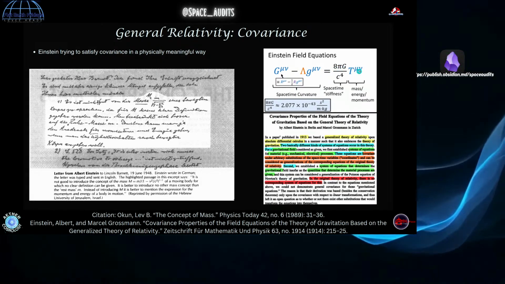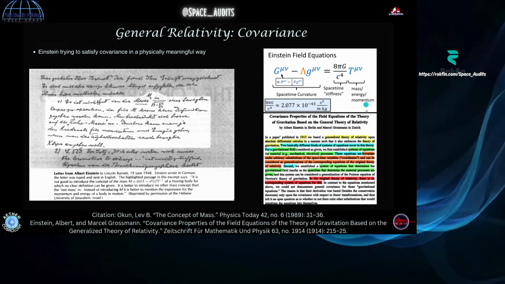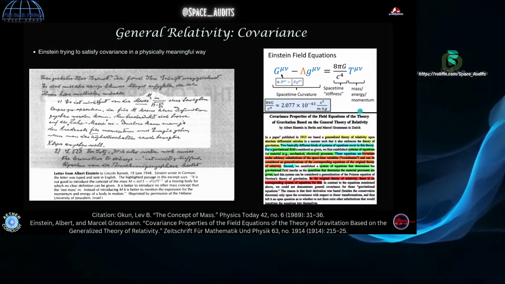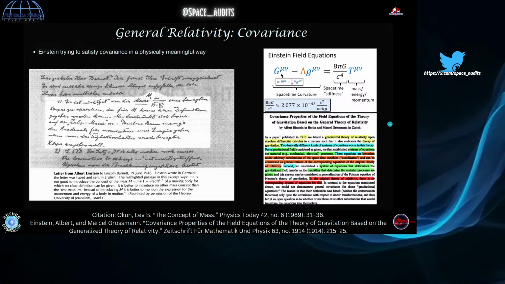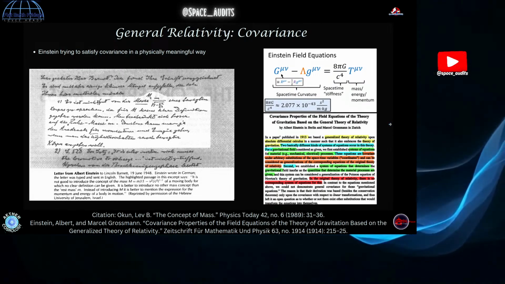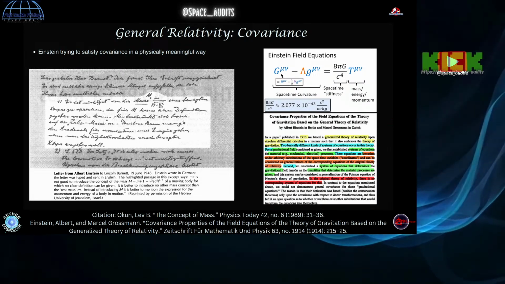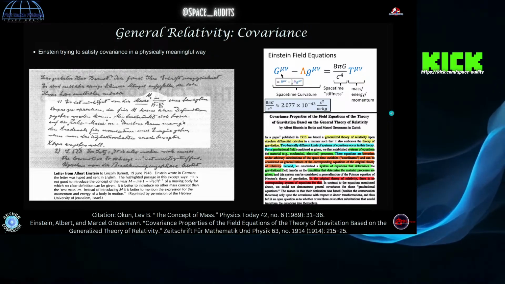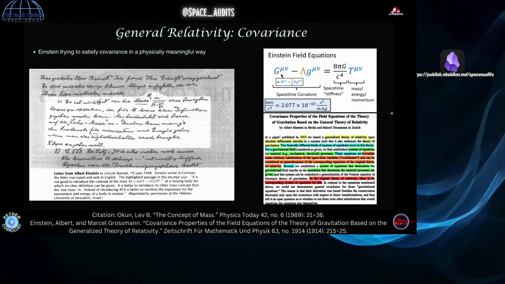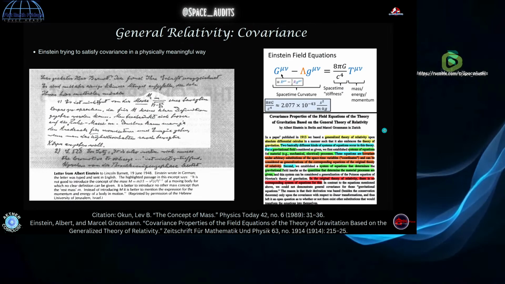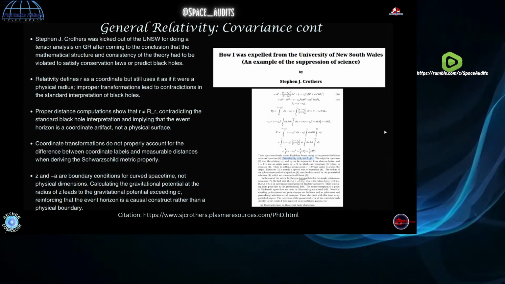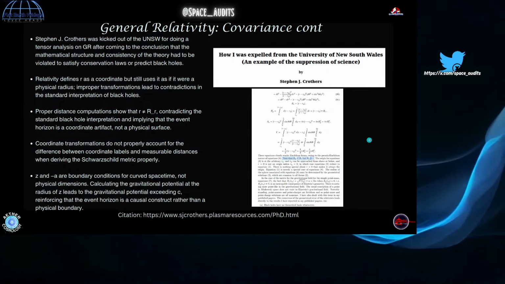Several other tensors have been introduced that are said to have been derived properly to satisfy the conditions of covariance, but analyses have been done on those to show that they suffer from the same issue. But that's a bit above my ability to give a coherent analysis on. So we'll skip past that and go to a simpler version of what's going on here.